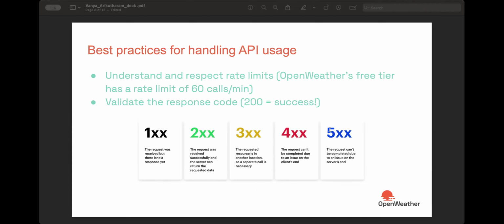So these codes are really helpful for debugging and making sure that your API calls are working as intended, especially as it grows. So as a beginner, if something breaks, your first move should always be to check the response code, which will usually give you an indication as to what's happened. And finally,